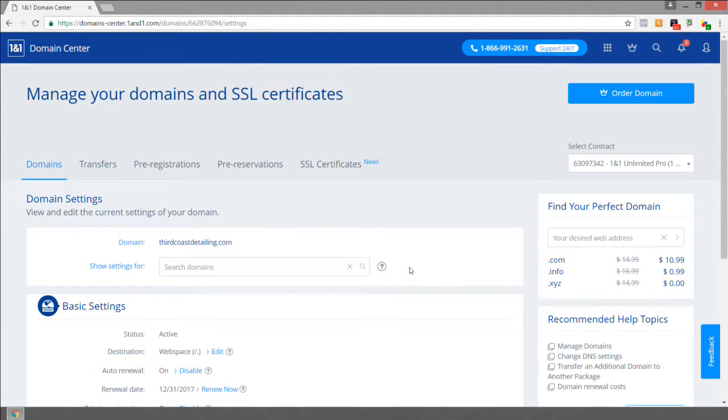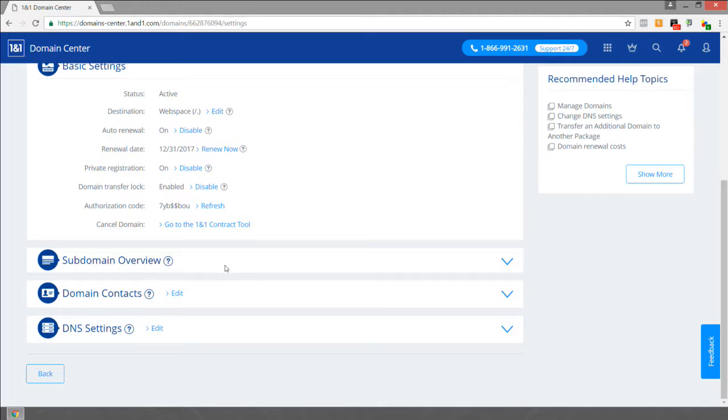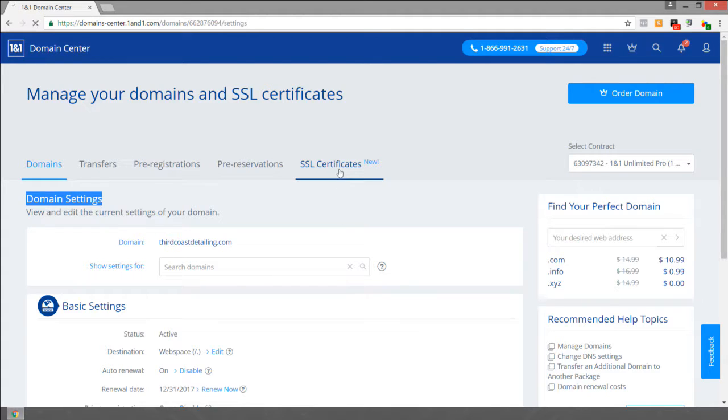In some cases, you'll have to verify your email address or confirm your domain contact and your email address. Generally, this should be done if you registered your domain using the previous videos in this course, but you want to go ahead and double check and make sure those contacts are correct and just click save, even if you don't make any changes. And then you want to come back over to the SSL certificates tab in the top middle